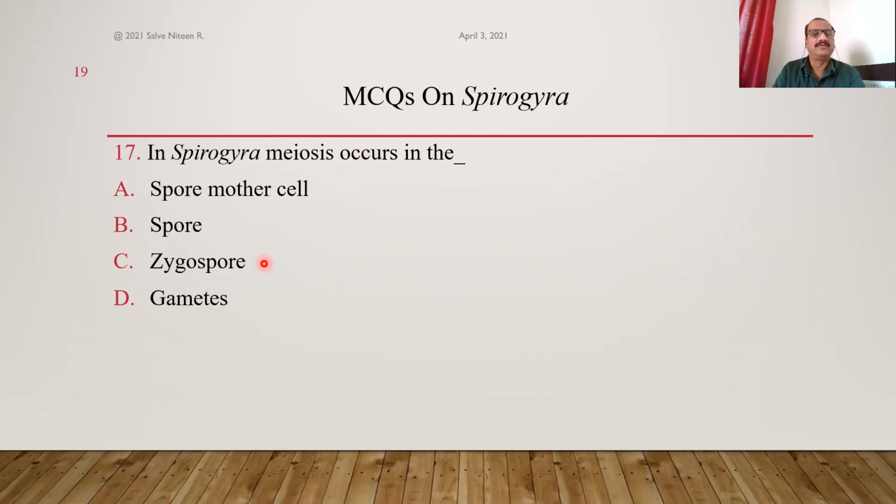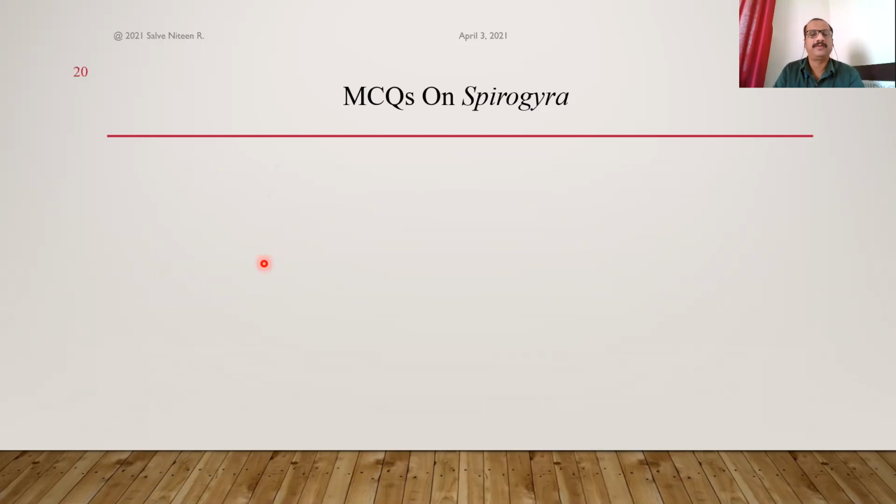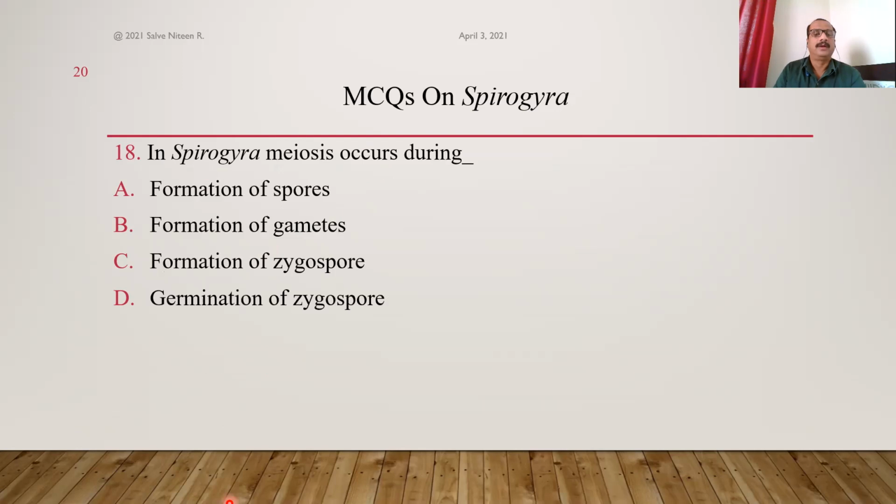Answer is option C, zygospore. Okay, next one. In Spirogyra, meiosis occurs during what? Whether it occurs during formation of spores, formation of gametes, formation of zygospores, or germination of zygospore. When meiosis occurs during formation of spores, that meiosis is called sporogenic meiosis. When it occurs during formation of gametes, it is called gametogenic meiosis. Okay, so here in Spirogyra, meiosis occurs